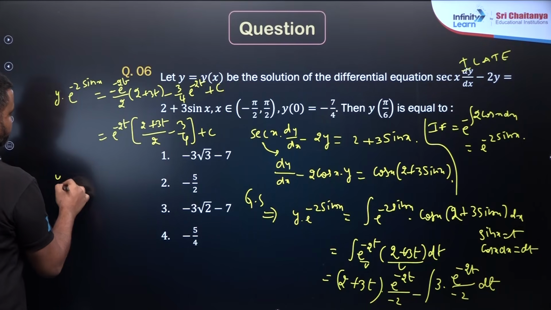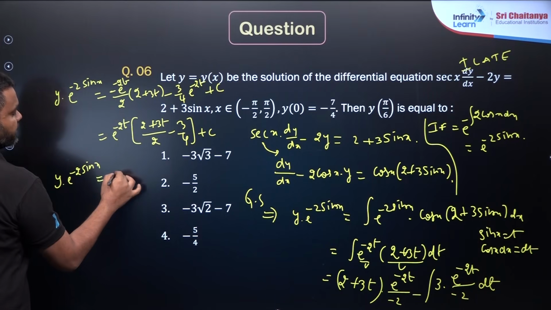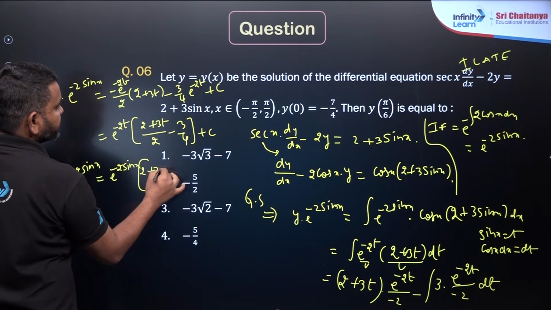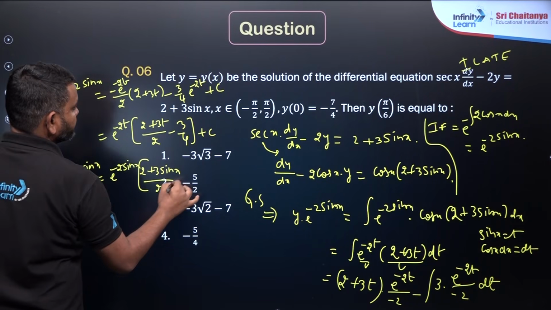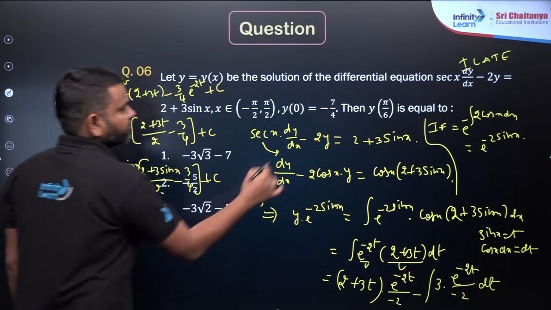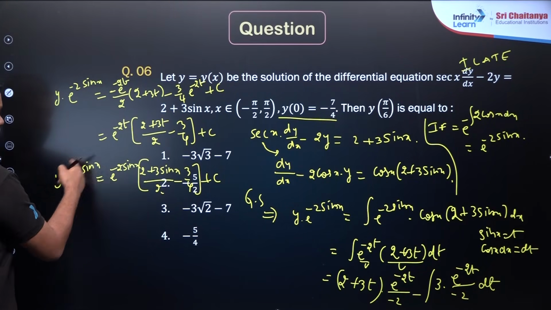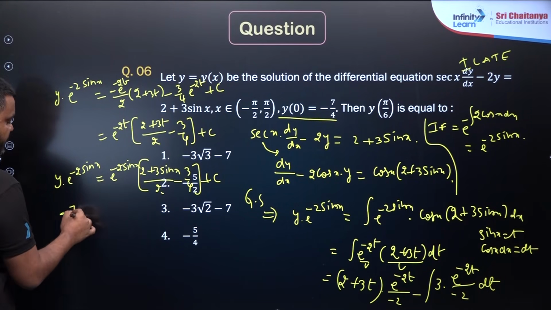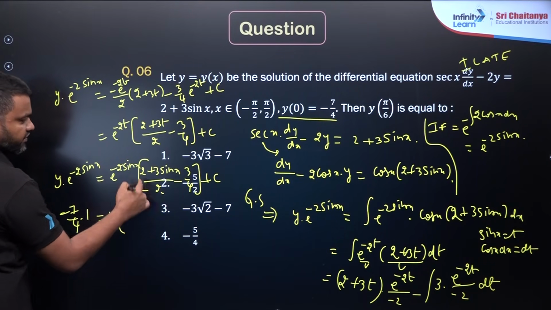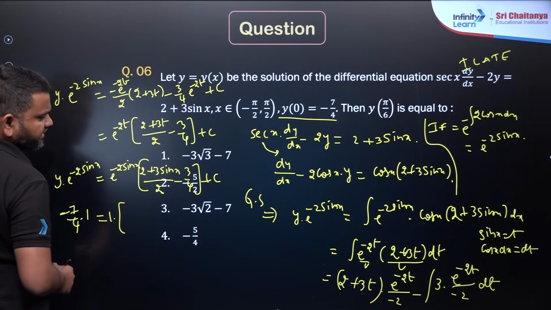So put the values here, y into e power minus 2 sin x, that is equals to e power minus 2 sin x multiplied with 2 plus 3 sin x divided by 2 minus 3 by 4 plus c is what I have. Now they gave you y of 0 is equals to minus 7 by 4. So x value is 0, so e value will become 1. So minus 7 by 4 into 1, that is equals to 1 into, we are going to get here, this is 0. So 2 by 2 is going to become 1. 1 minus of